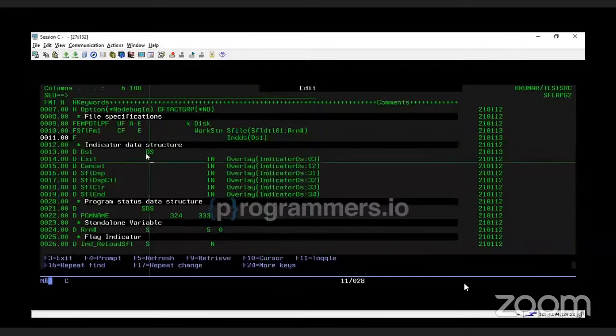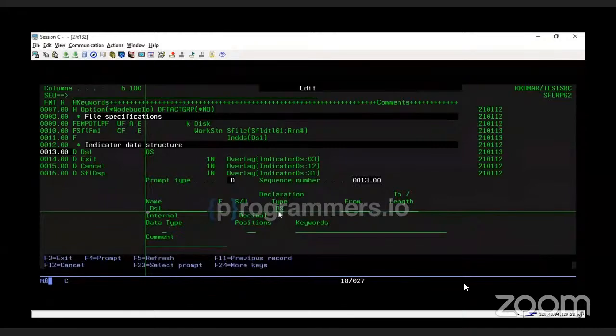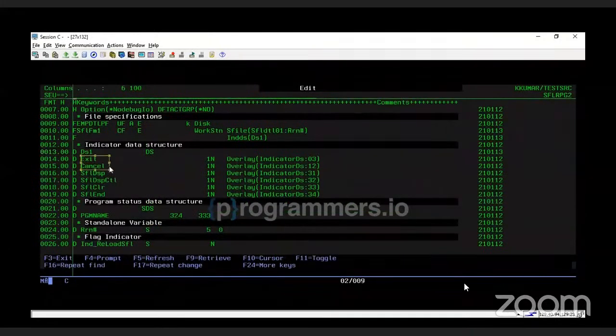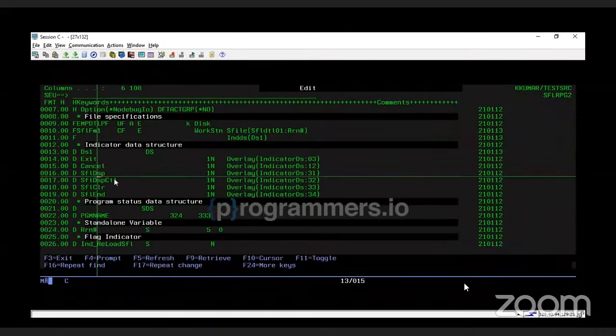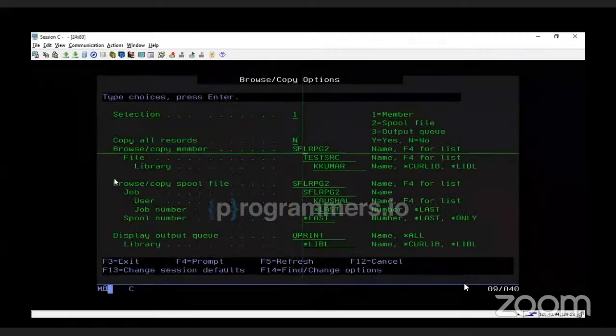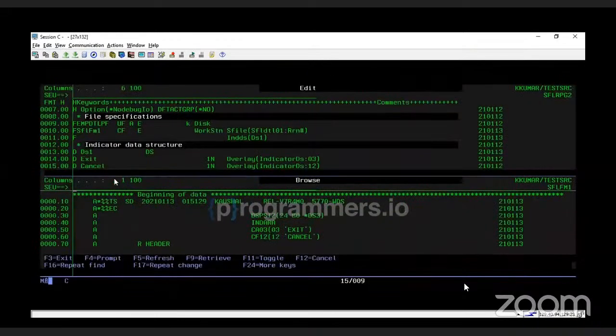Okay. This is the declaration type DS. It indicates the data structure. Here I will use exit, cancel, disable DSP. Okay. If you will see here,